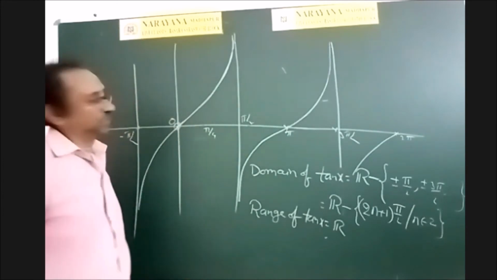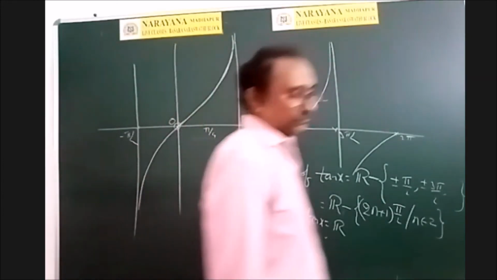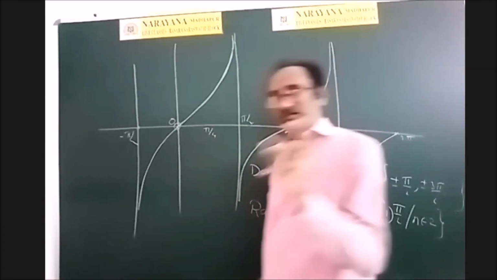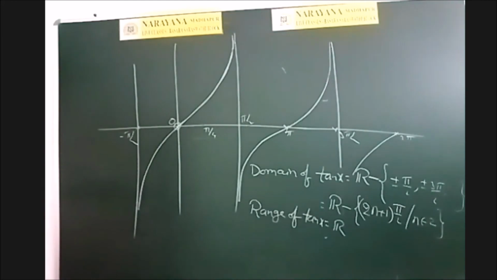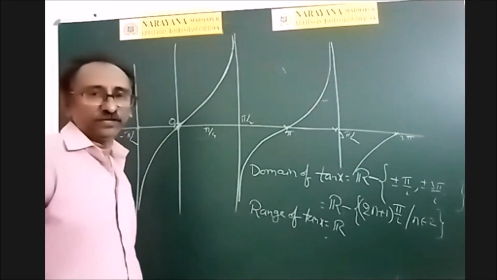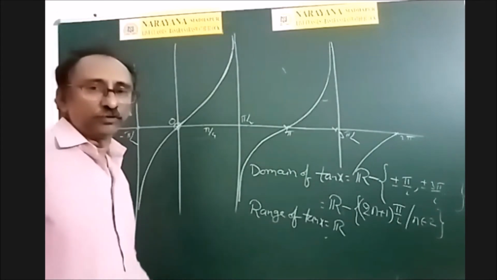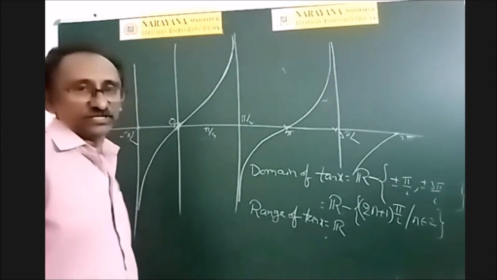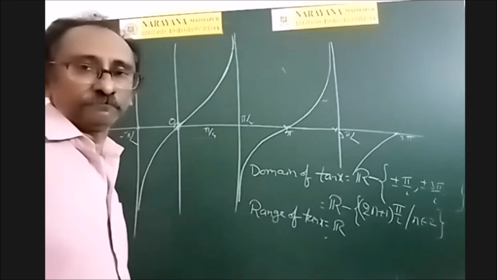Now, can you observe the period of this function? Draw the graph and observe the period. At what length are the values once again repeating? Is it 2 pi or greater than 2 pi or less than 2 pi? Now you have to tell me. I will ask you. So raise your hand if you know that. What is the period of this function tan x? So I will ask some.